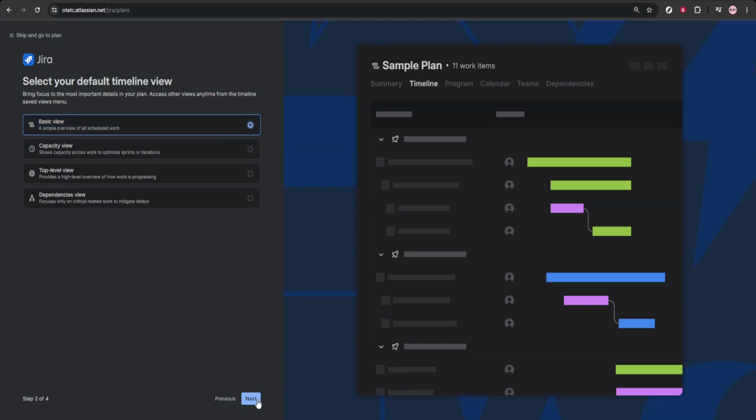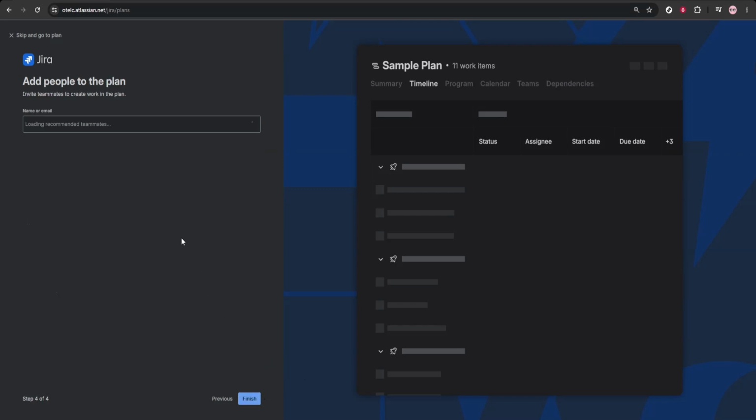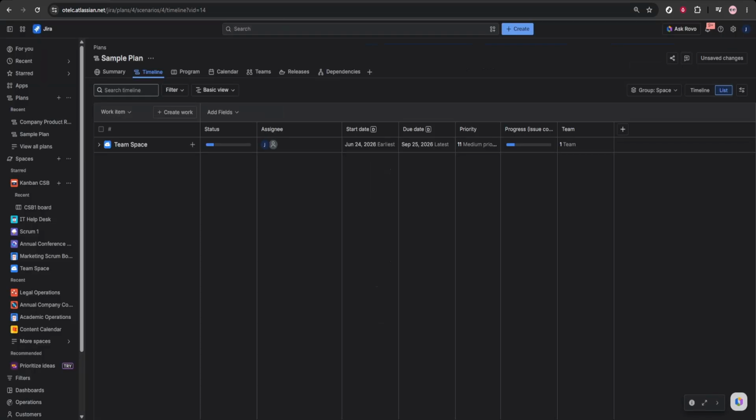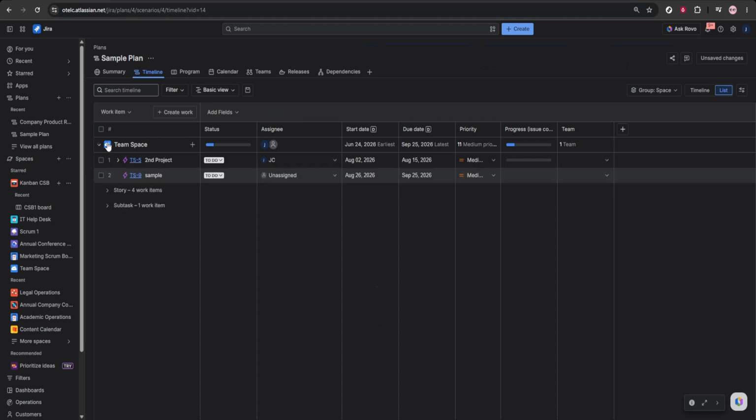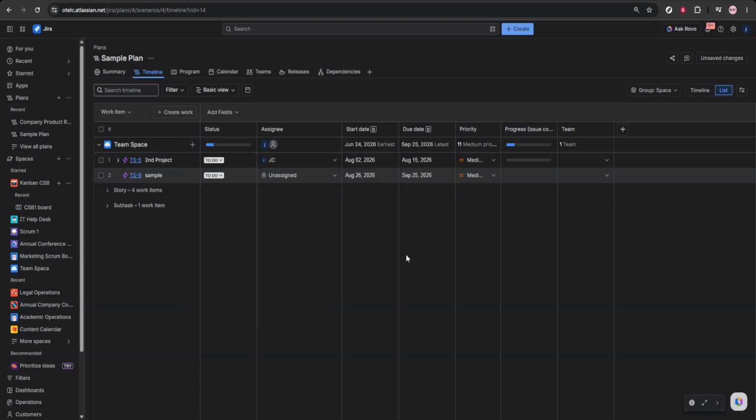Once the plan is created, start adding your work items. You can include Jira items like epics, stories, and tasks. As you do this, organize them into a hierarchy such as initiative, epic, and story. This structure is important because it makes the plan easier to read and helps you understand how day-to-day work connects